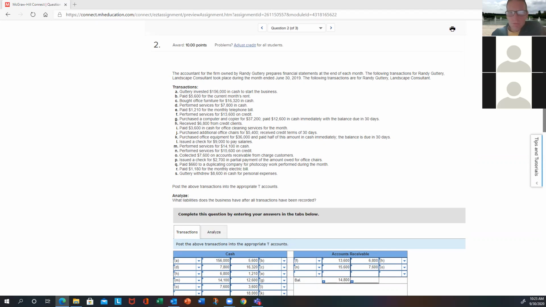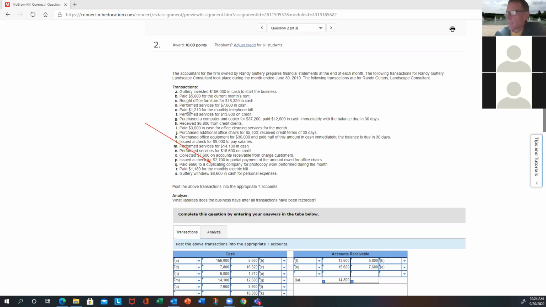So for example, where letter A says invested $156,000 in cash to start the business, you would then have to determine what accounts are affected, the type of transaction, and of course get the right debit and credit. So we all know hopefully at this point that when you're putting cash into the business, you're increasing it. And so we would go to the cash account,